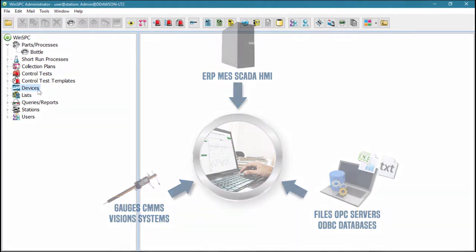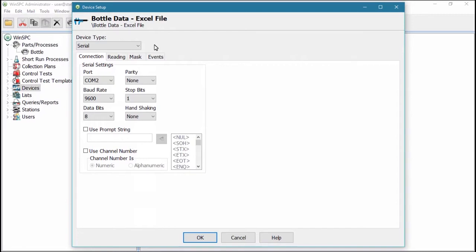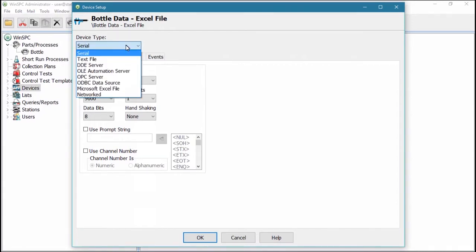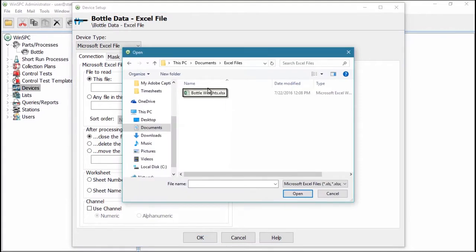To set up a device, click the New Device button, supply a name for the device, double-click the device, select a device type, Microsoft Excel file, for example, and configure the settings that are presented. In the case of the Excel device, this typically involves browsing to and selecting the Excel file,